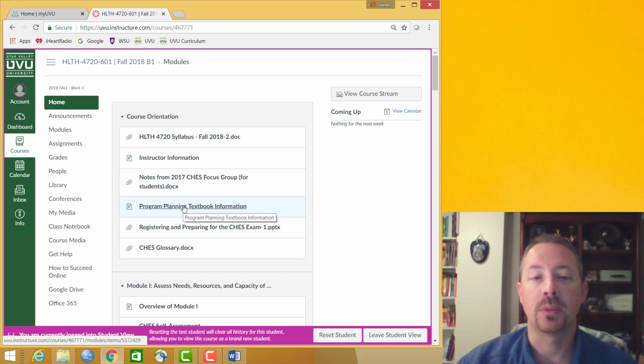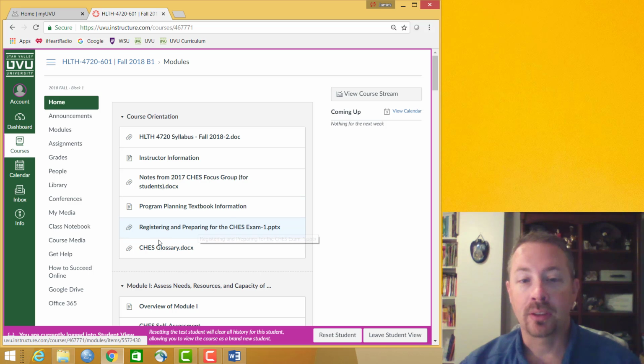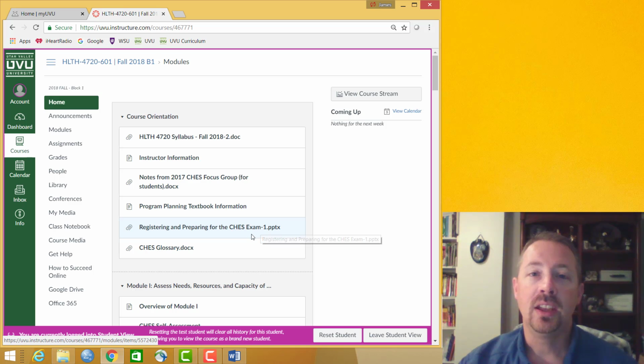Program planning textbook information. The only reason that's listed on there is because a lot of the CHES competencies focus on program planning: assess, plan, implement, and evaluate. And so there's a lot of information that you could actually refer back to that program planning textbook to review. So that's on there. Registering and preparing for the CHES exam, that's the PowerPoint I'm going to use in class on the first day.